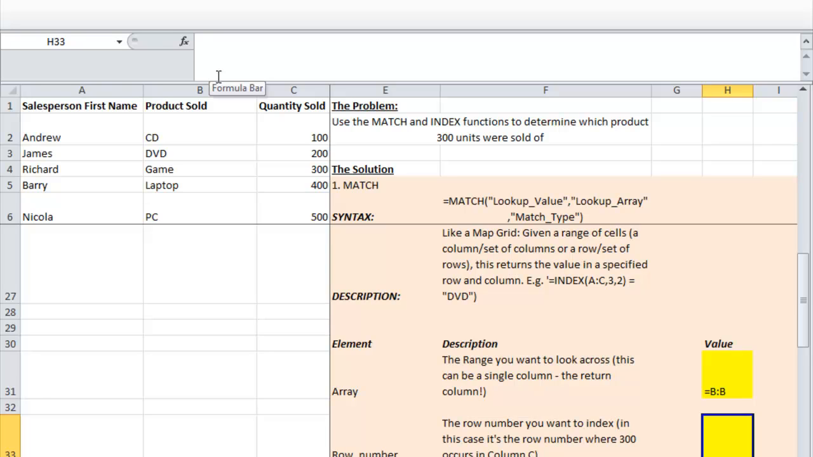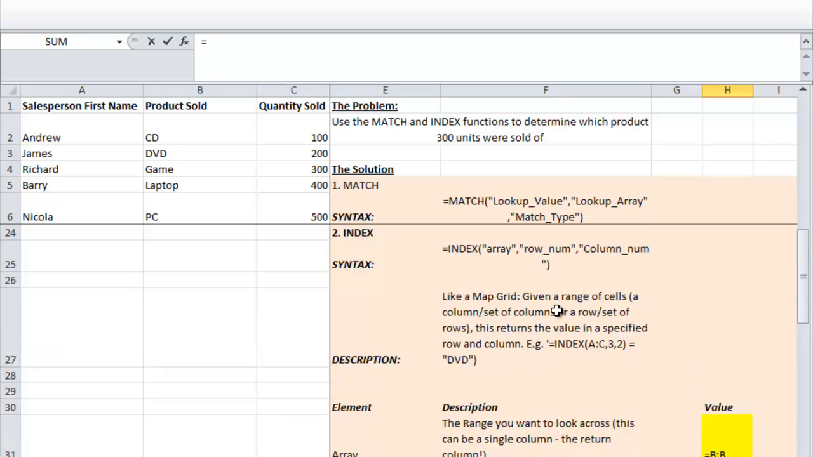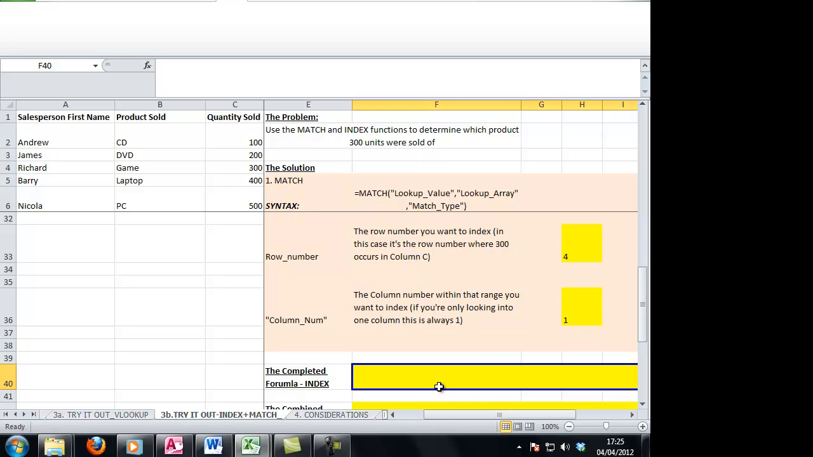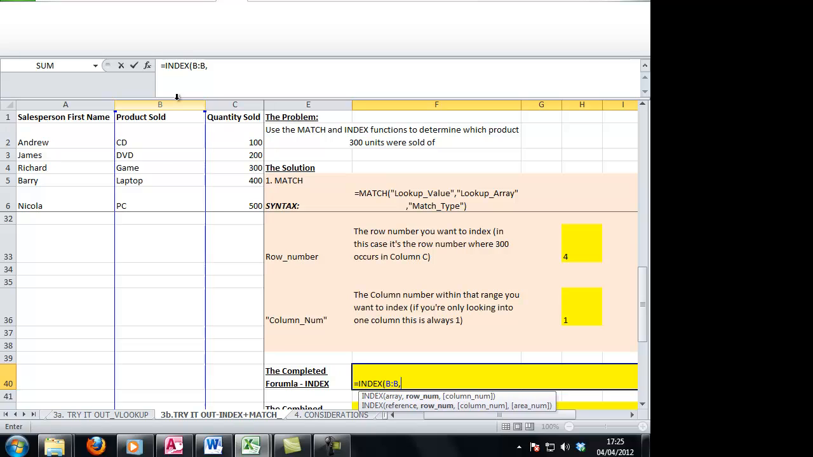Our row number is going to be the match. So in this case, it returns 4, and the column number is going to be 1. So putting that all together, in our combined index match formula, we have equals INDEX, open bracket, B to B, which is where we're returning values from, the range that we're looking across. And then the row number in there is a MATCH function, so the row where we find 300 in column C. So we do MATCH, open bracket, 300, looking C to C, comma, 0, because we want an exact match,